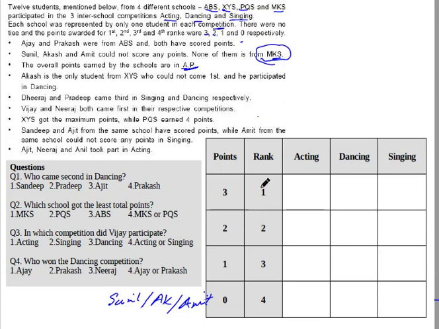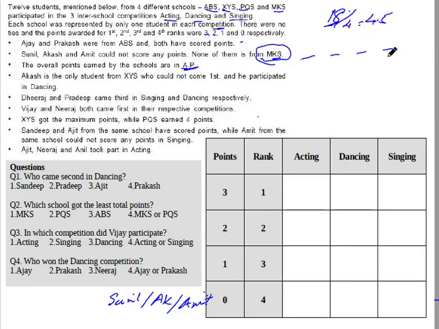Now, what are the points awarded? For each event, you have 3 plus 2 plus 1, 6. For each event, you have 6 points. So 6 here, 6 here, 6 here. So 3 times 6, total points available are 18. Now you have to divide it into 4 parts such that it is an arithmetic progression. So the average is